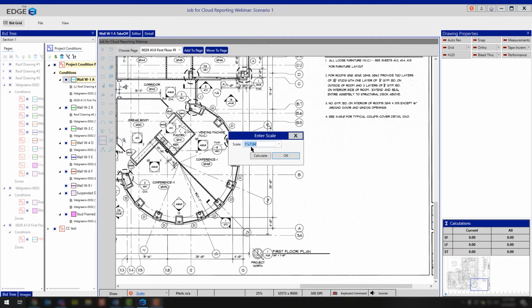So for example, if I were to measure this and my dimension came in at 1 inch equals 7.75 or 1 inch equals 8.25, I would click my drop down, I would choose an 1/8 inch scale, and I would say OK. If my measurement came in as 1 inch equals 10.76 or some way off number like that, we